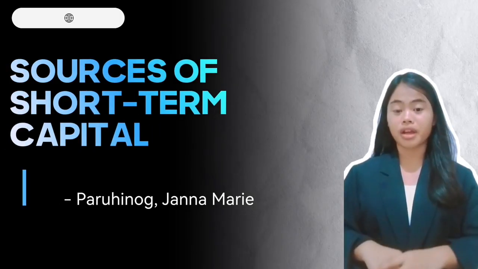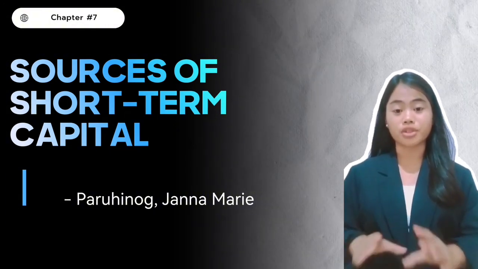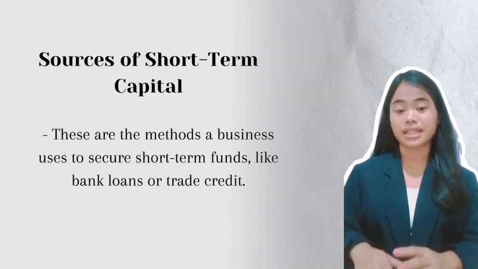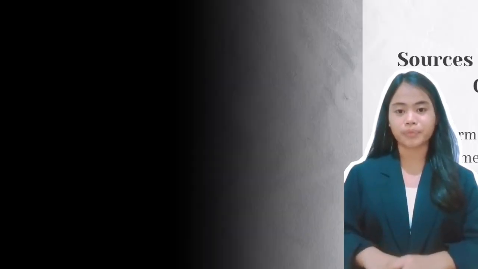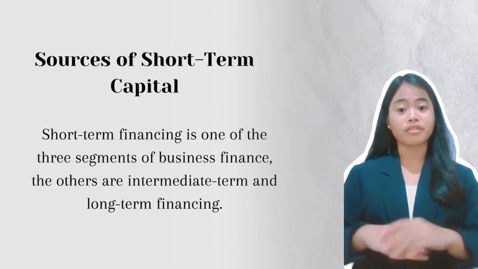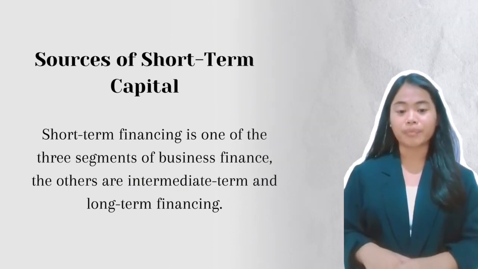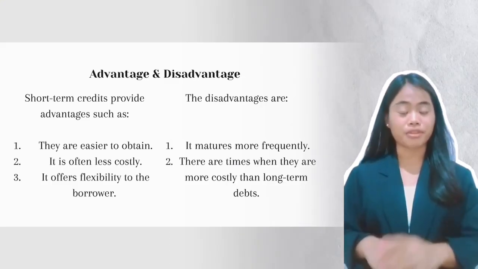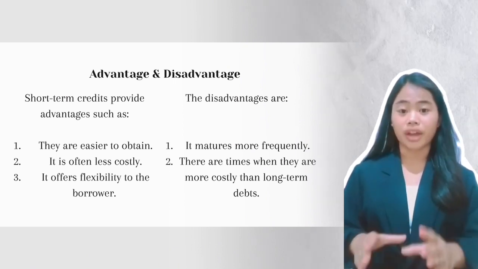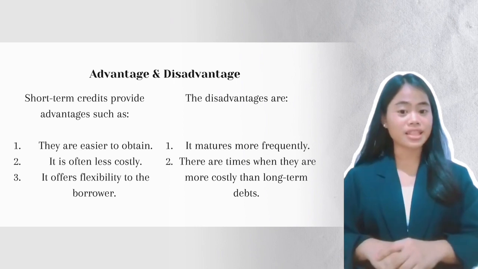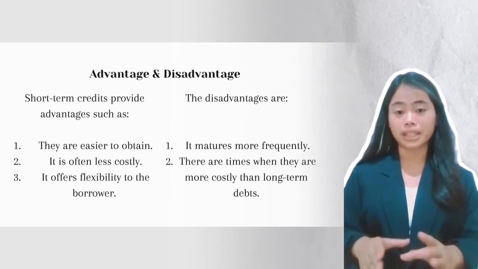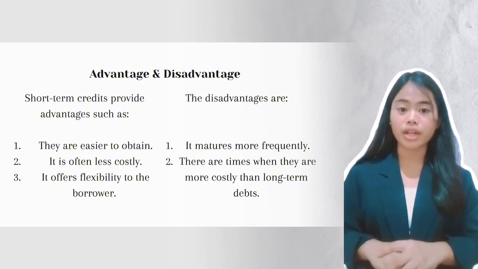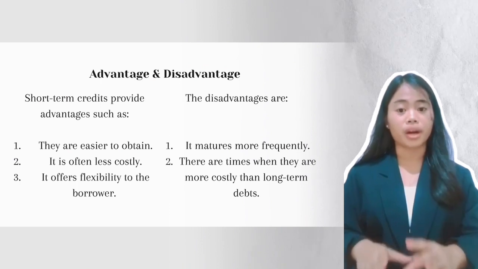So here is the summary of Chapter 7, Sources of Short-Term Capital. There are methods a business uses to obtain short-term funds, like bank loans or trade credit. Short-term financing is one of the three segments of business finance. The others are intermediate-term and long-term financing. Short-term credits provide advantages such as they are easier to obtain, they are often less costly, and they offer flexibility to the borrower. The disadvantages are they mature more frequently and there are times when they are more costly than